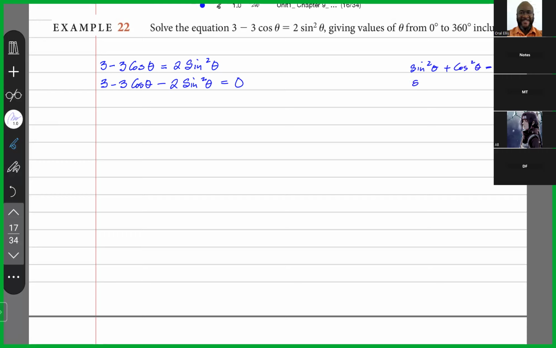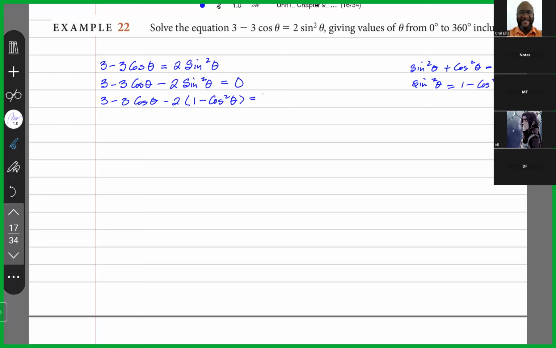So sine squared theta is 1 minus cos squared theta. So I can arrange my equation in terms of cos theta only by changing sine squared theta to 1 minus cos squared theta. So now I have 3 minus 3 cos theta minus 2 into 1 minus cos squared theta